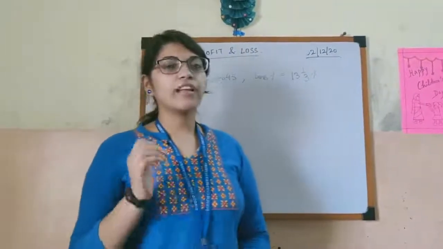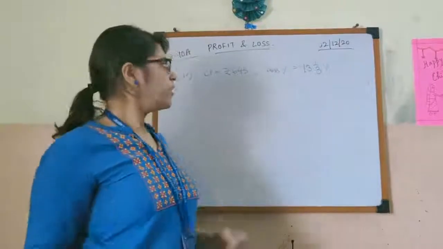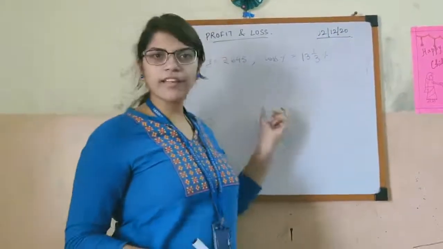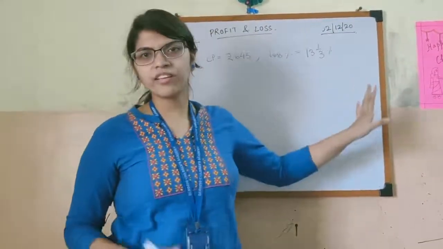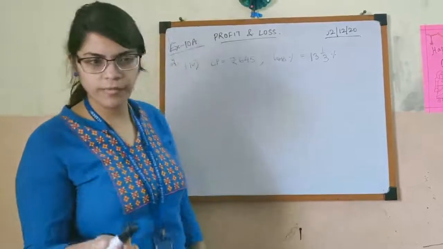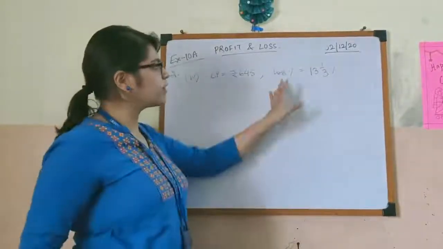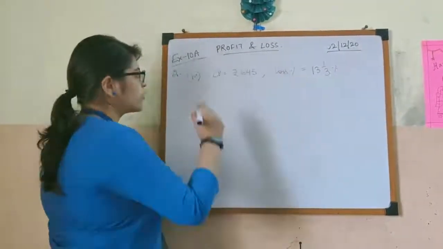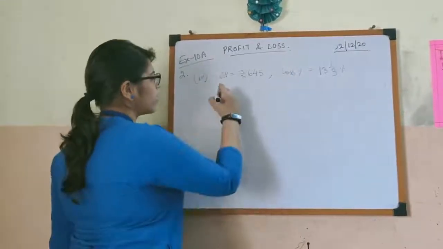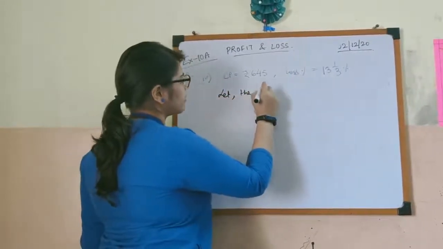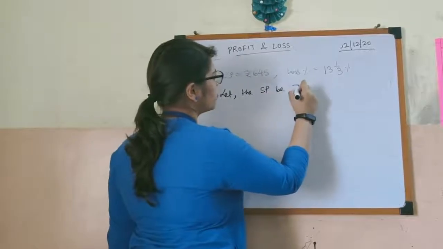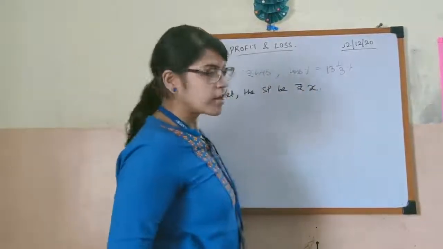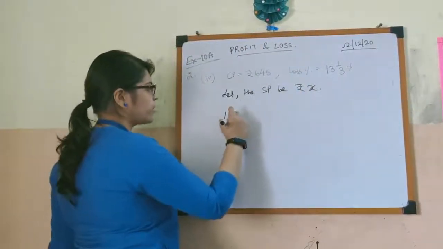Now we have sum number 2. It says find the selling price when you are given the cost price along with either loss percent or profit percent for some sums. Okay. So for this sum we are given loss percent. So you have to directly apply. First you can take, let the selling price be rupees X. Now directly you can apply it in the formula of loss percent.